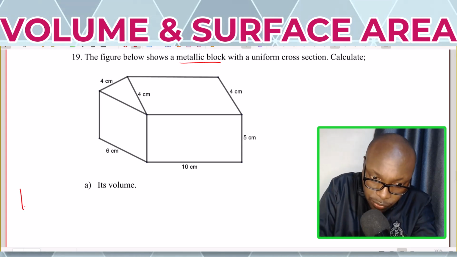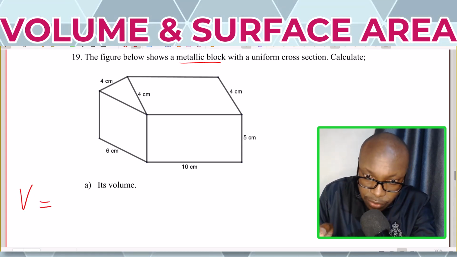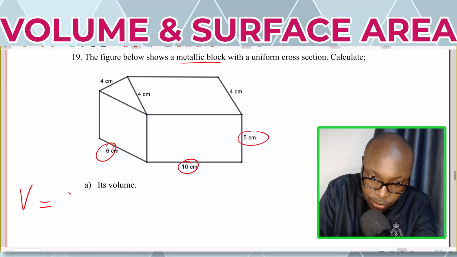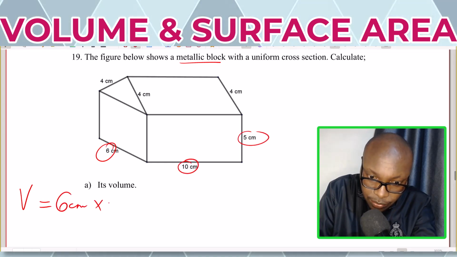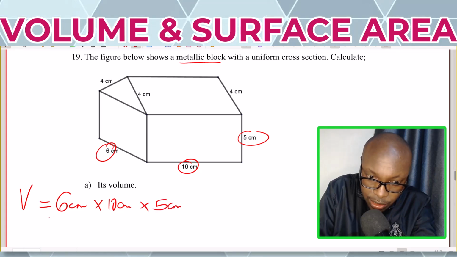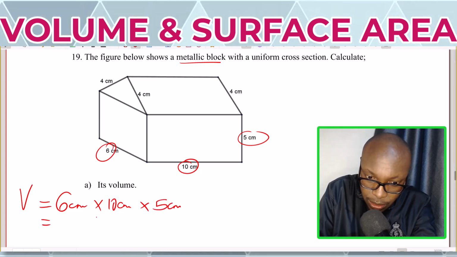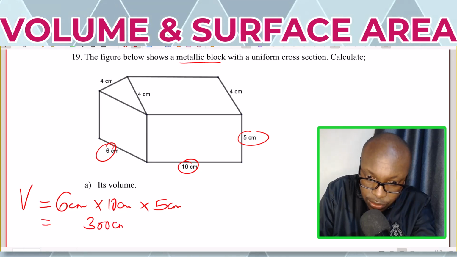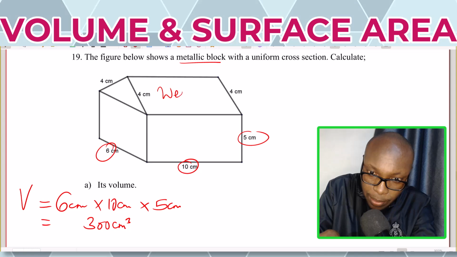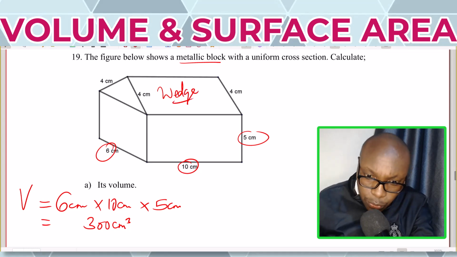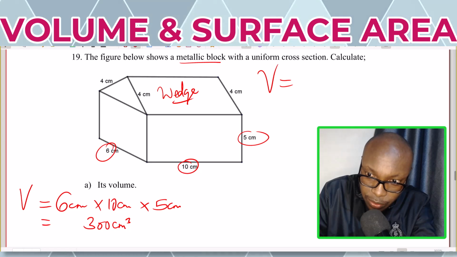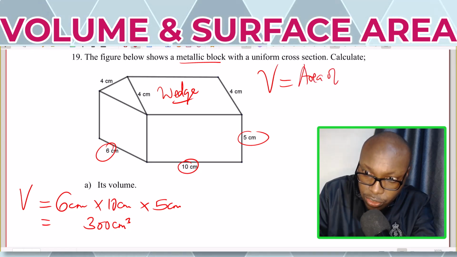So the volume of the rectangular part is given by the length times the width times the height. So we shall have 6 centimeters by 10 centimeters by 5 centimeters, and this will give 300 centimeters cubed. That is the rectangular part. Then we have the top part, which is a wedge, and the volume of that wedge will be given by the area of the cross section,